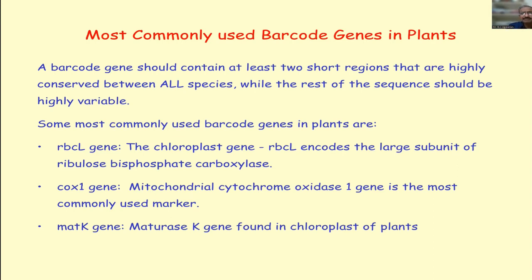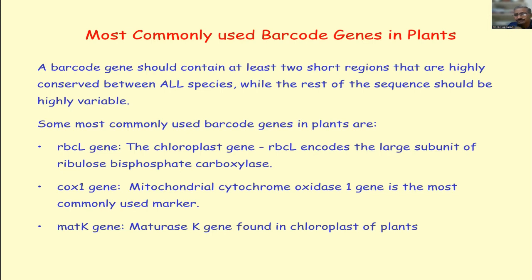Below I have mentioned some commonly used barcode genes in plants. One is the Rbcl gene. Rbcl is a chloroplast gene. It encodes the ribulose bisphosphate carboxylase large subunit. This gene has two terminal ends, and both terminal ends have highly conserved sequences. In between these two conserved sequences, the DNA sequences most frequently go on changing; mutations occur, recombination occurs. Due to that, the intermediary sequences show